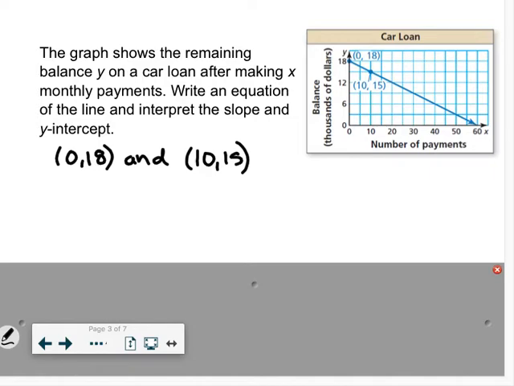Okay, so when we get a problem like this, where it's put in the context of some application, there's a story or words that go along with it. Remember that you have some basic skills, just like if you had 2 points, you could write the equation of a line, right? So first thing you would do